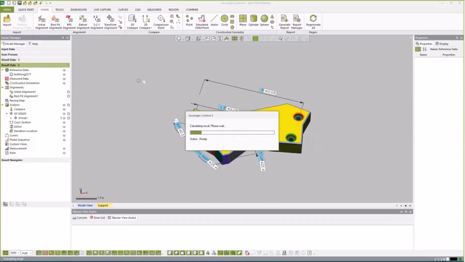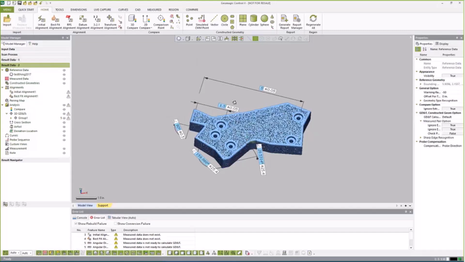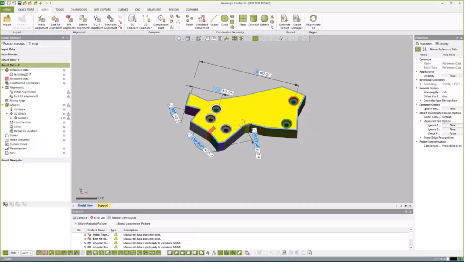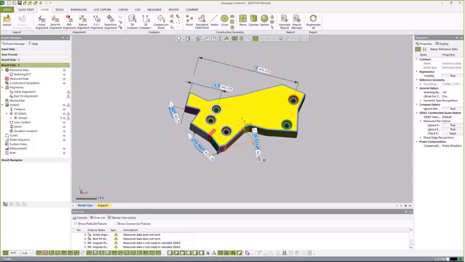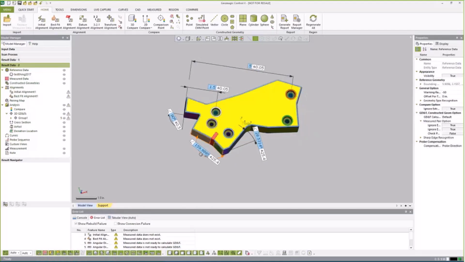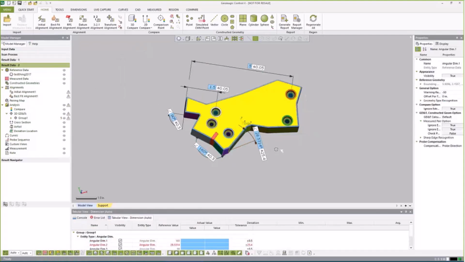So now you'll see that I am back with no measured data. I have my original part with my regions here. What I could always do, if I wanted to just inspect this to itself, is that anything that I click on, the regions are actual measurements. But if I wanted to override the nominal data and put tolerancing on it, I would fit it to itself. So what I could do is come in, and on my tags I will say that this should be 160 degrees, and then we'll put a half a degree tolerance on that, and hit OK, and we can say that this should be